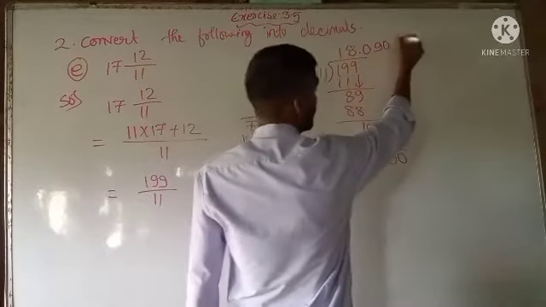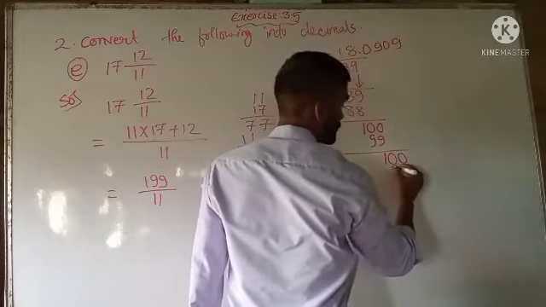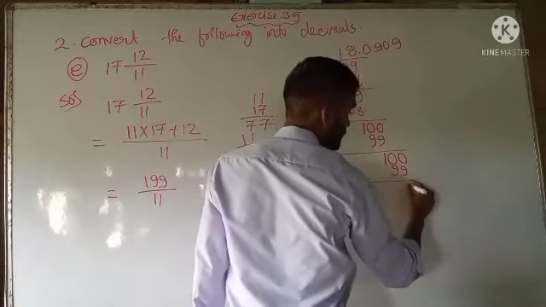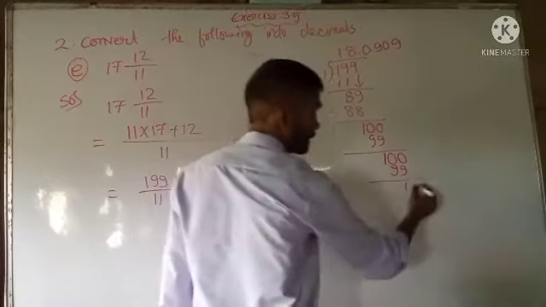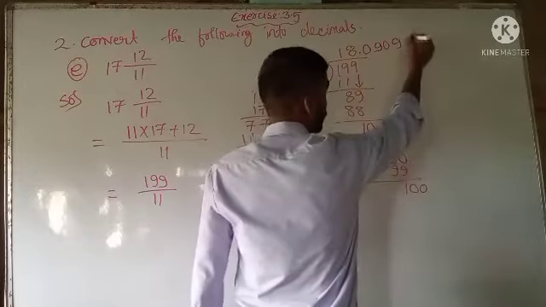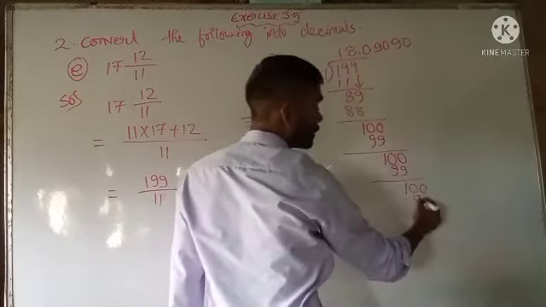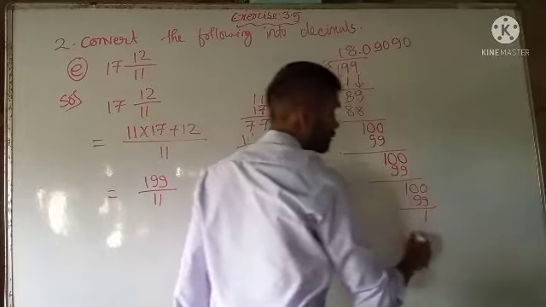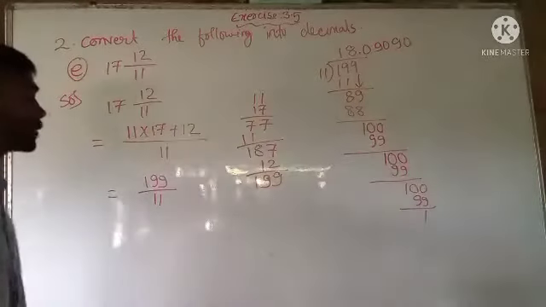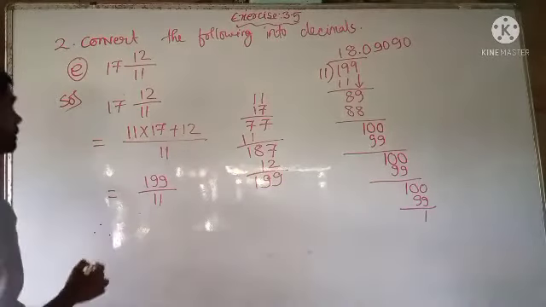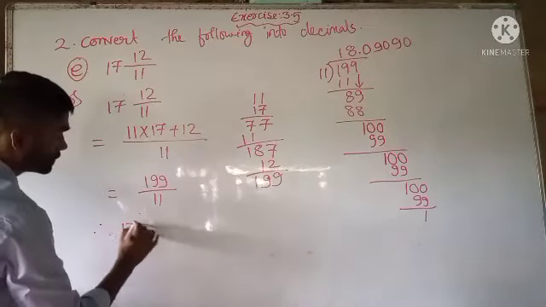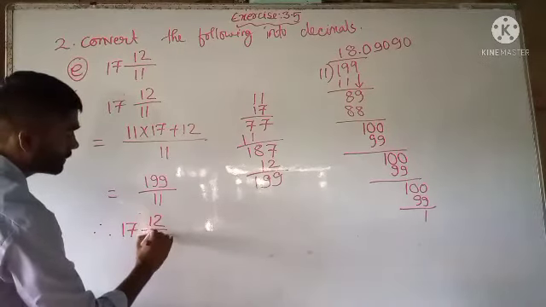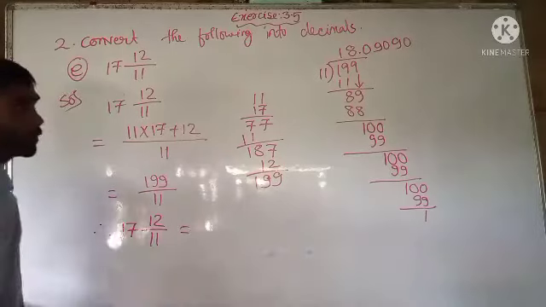Now again 11, 9 times it is 99. Again the same thing, that means 1 we got here. Again we will write 2 zeros here and 1 0 here. Again if we go on dividing in this way, then we will come across it goes on continuously. So what we can write here is, therefore 17 12 by 11 is equal to what we got, that is